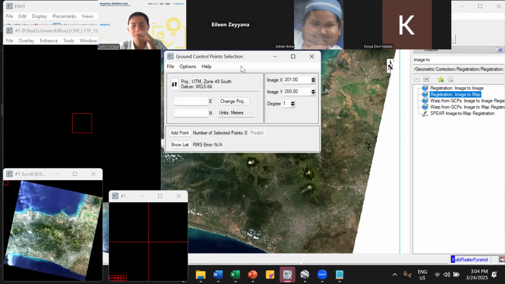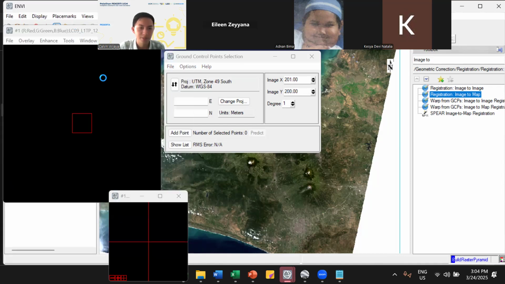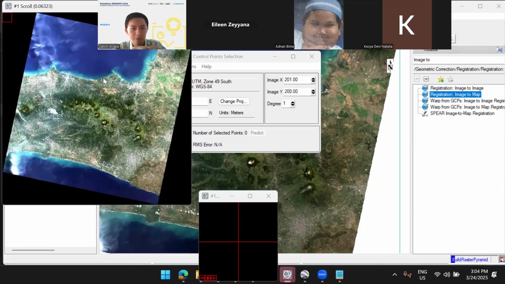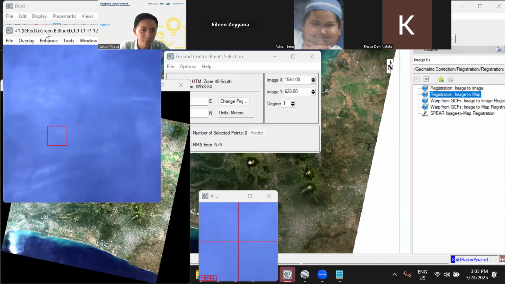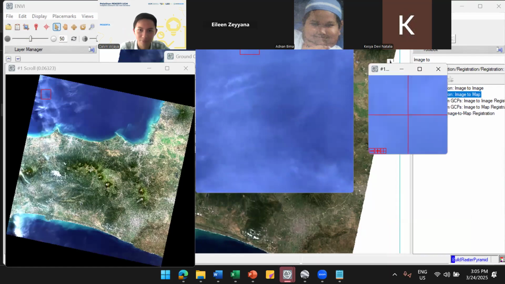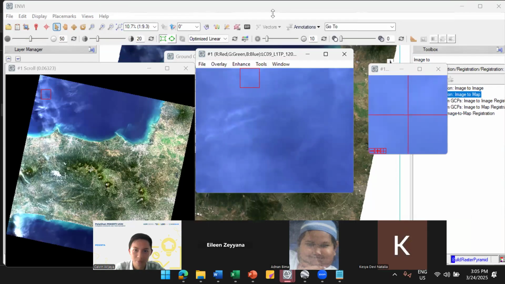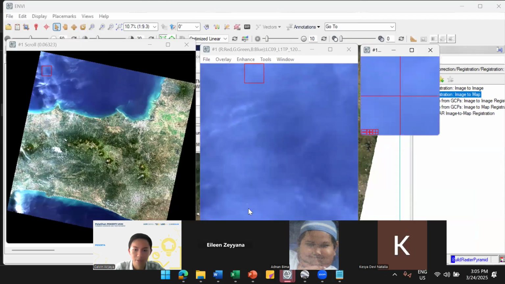Okay, it will open several windows. The first one is this one, actually. I will make it bigger. So it will open at least 3 windows. It is actually used to take a look or zoom in on several parts of the image. So let's see. If I move this cursor from here to here, it will move this one too. Yeah, you can see 3 types of windows, this one, this one.